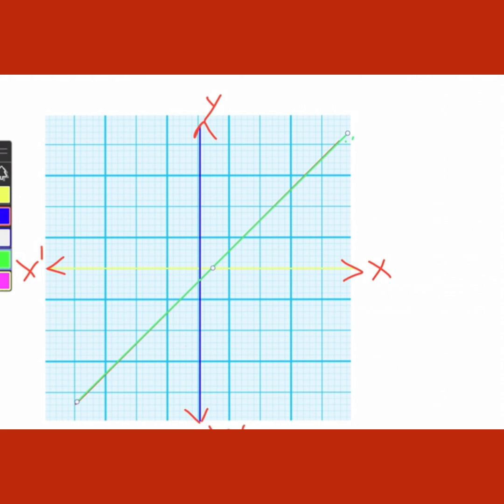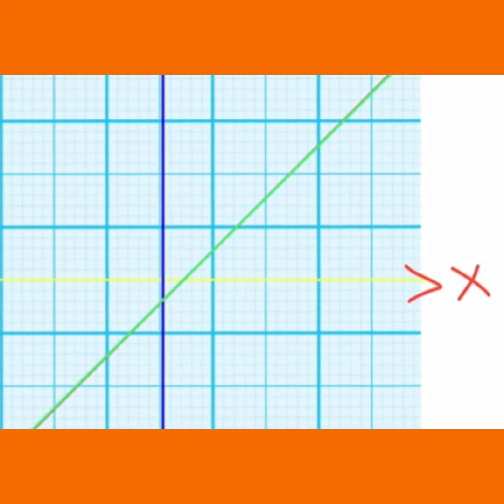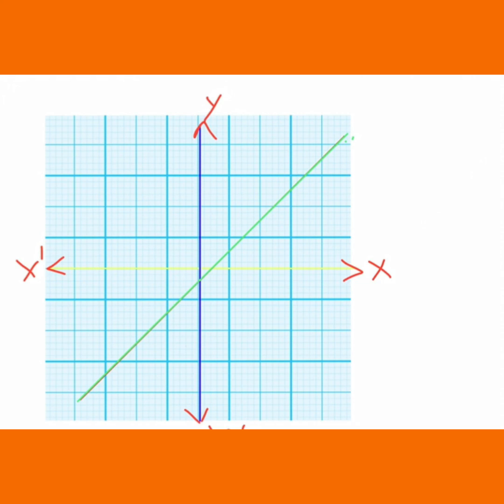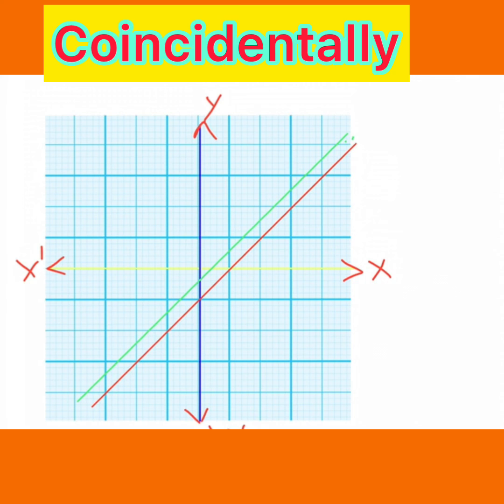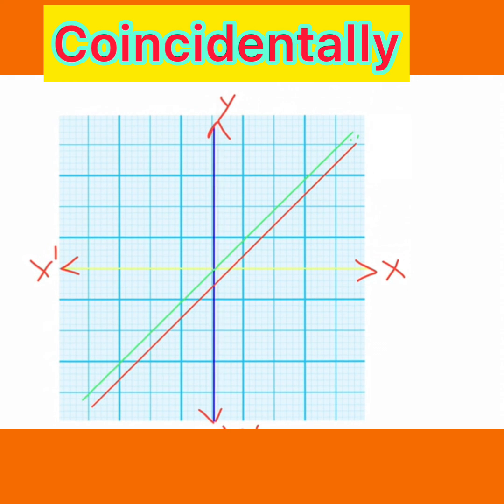Here you can see that these two lines coincide, meaning a red line and a green line are both covering each other. There are two lines, one is the red line and the second one is the green line. Then these two lines are coincident. Okay, in this case we can say that the system has infinitely many solutions.